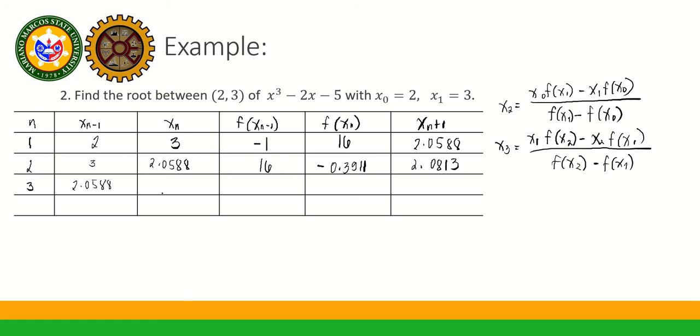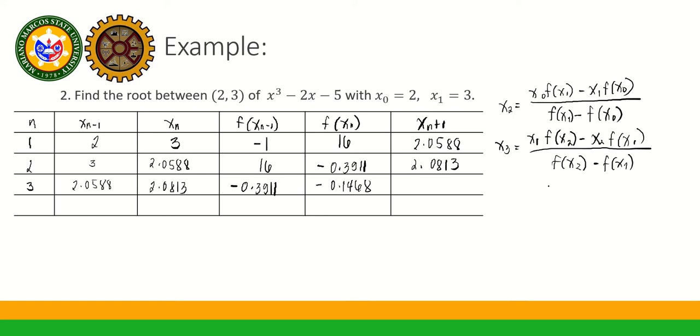Now, for n is equal to 3 naman, our x sub n minus 1 is equal to 2.0588. X sub n natin will be 2.0813. F of x sub n minus 1 will be negative 0.3911. And computing for f of x sub n, plug natin si 2.0813 sa equation, that will be equal to negative